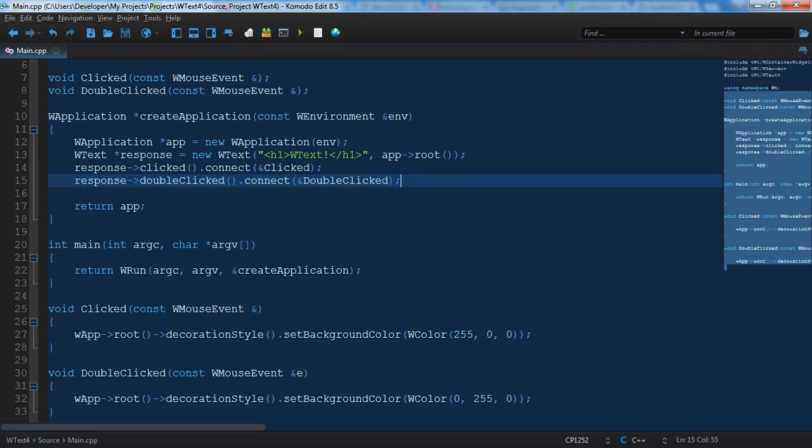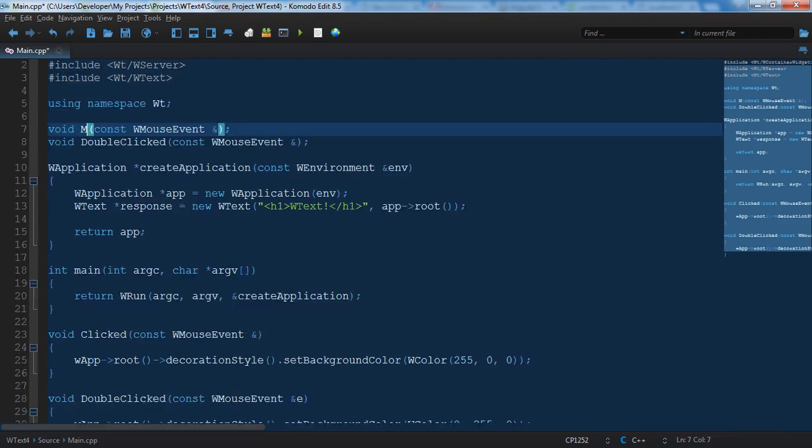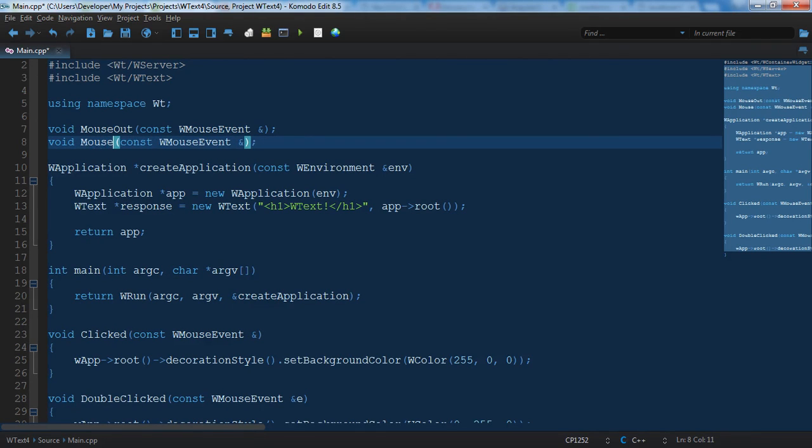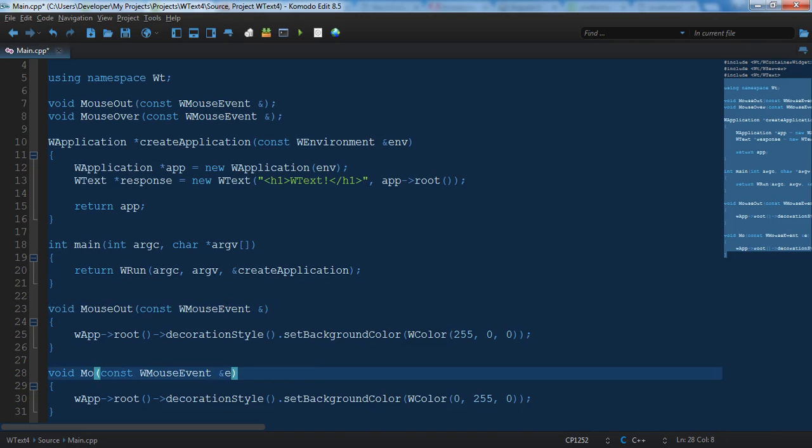What I'm going to do now is delete this, change this from clicked to mouse out, because the signature is basically the same, and I'm going to change this to mouse over. As you can see, all we've got to do now is change this to mouse out and change this to mouse over. And the only thing you have to do now